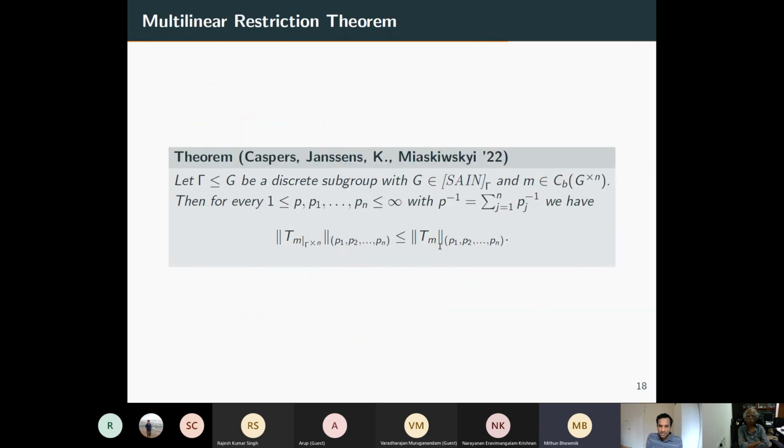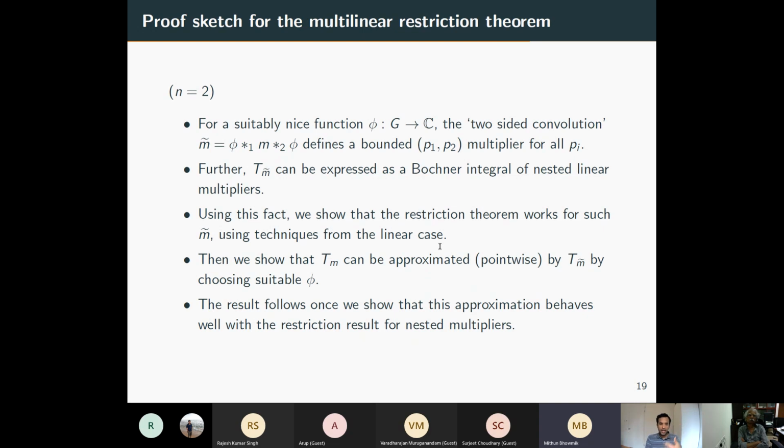So the difficulties here really are that, as I said before, there's no natural range of pi for which these define bounded operators. One big tool in the linear case is the fact that since these are bounded symbols, and we know definitely that it's a bounded Fourier multiplier on L2 to L2, you can do interpolation, and that gives you quite a lot of freedom to do things. That freedom, you don't really have in this case. So the idea is to somehow reduce it to the linear setting again,